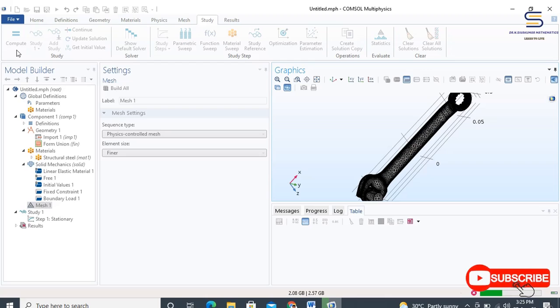Right now the computation is being performed by the finite element analyzer and it is visible through the progress bar.